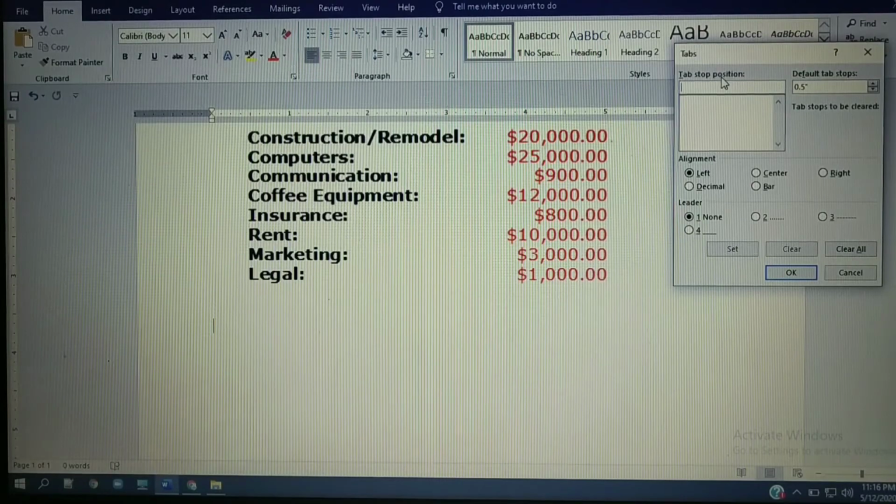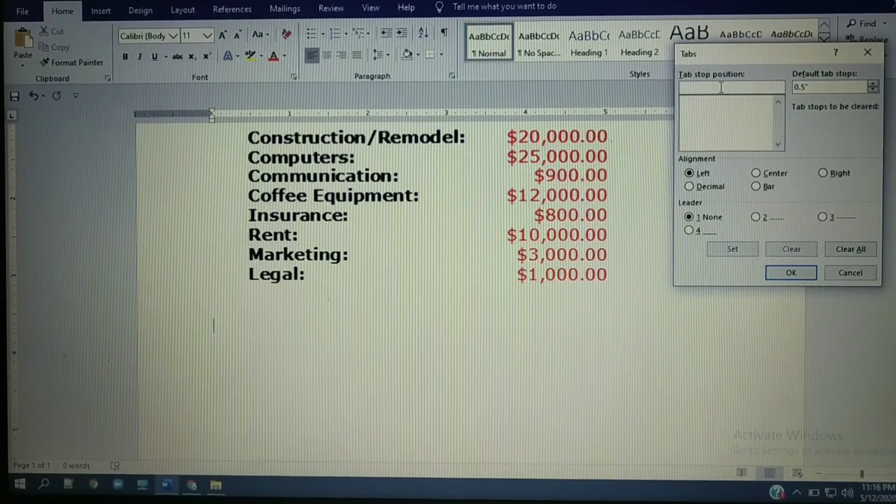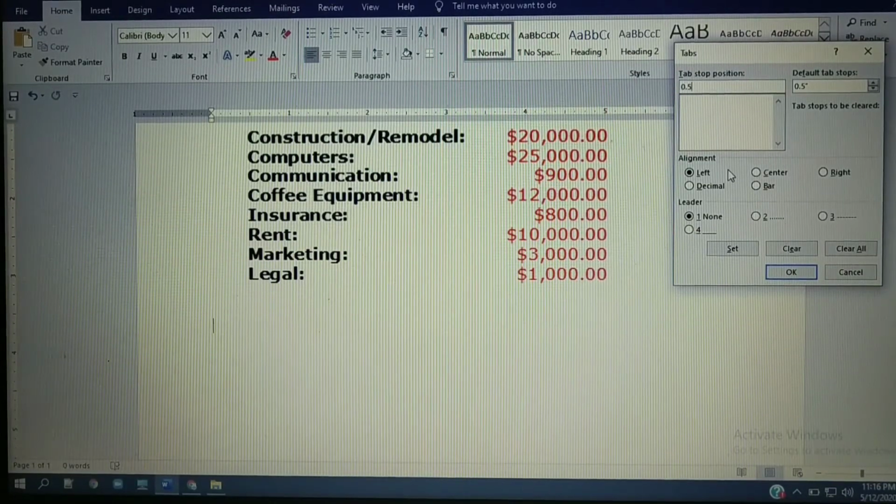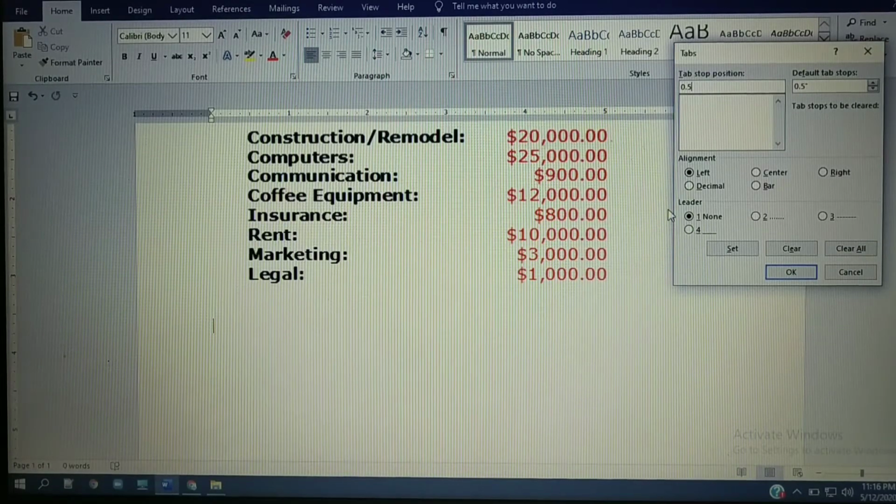Next, what position I need to set for the first column is 0.5, I need to write here, and here you are getting one option, the alignment option. For this column alignment is what? Left. And if you want any zigzag spacing between this first column and second column, then you need to select the leader options here.